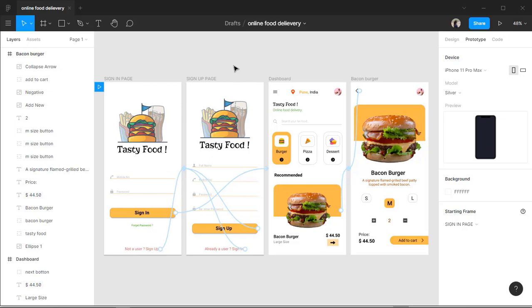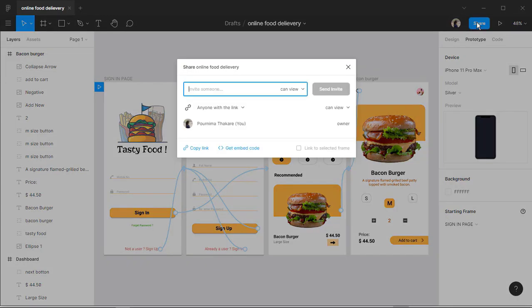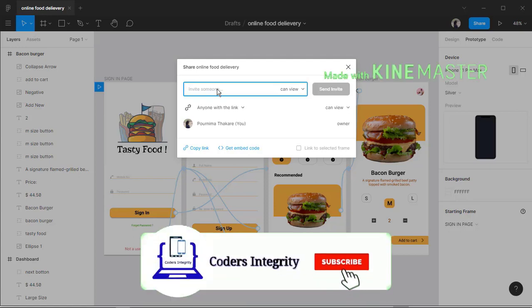Now let's see how to share our document and this UI design prototyping we have created with other people. So for that, let's click on the share button. And as you can see here, we have some sharing options. So in this box, you can add the email address of the person you want to share your design with, or also you can just type the name of the person from your organization or the team you have created or added to your Figma account.